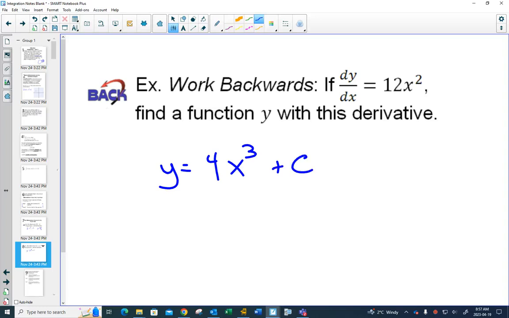If we think about the working backwards process, you would add 1 to the exponent and divide by the exponent, and you see that that would give you the same thing. Just a different way of thinking about it. In our first unit, you just looked at it and could see. What is going to be the advantage of having a method is for ones that when you look at, you just don't see very well.